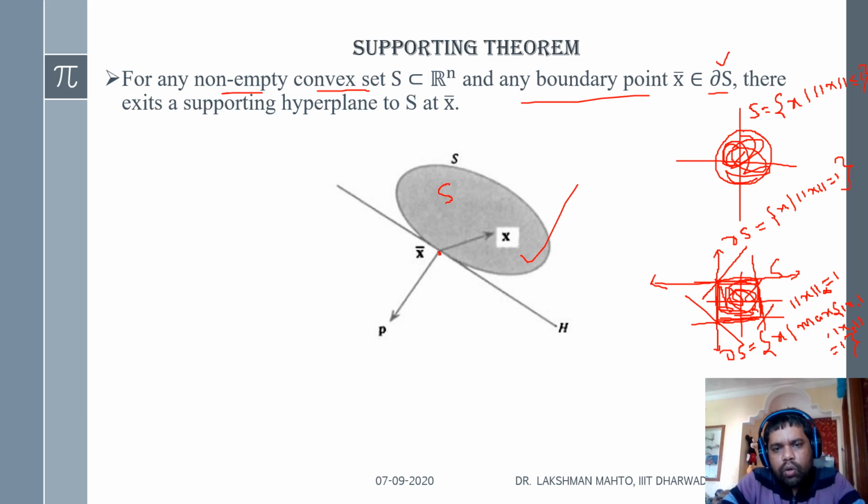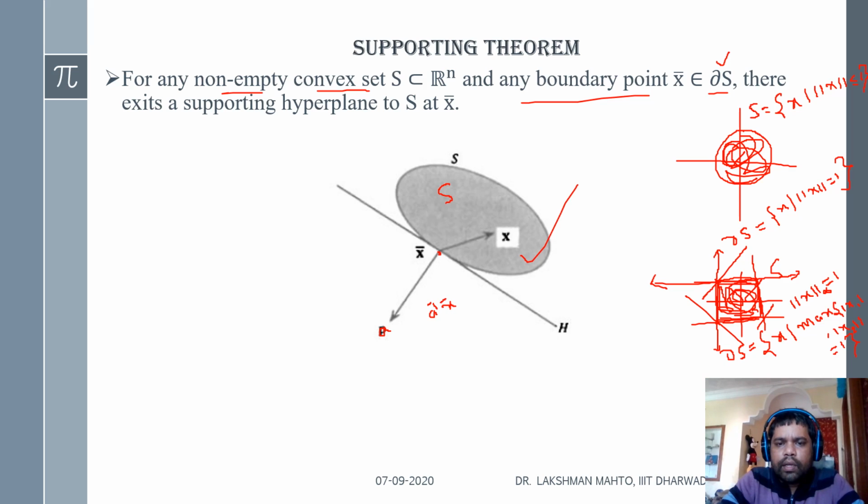So always what you do, just for practice purposes, you have your supporting hyperplane passing through x bar. You also have the normal. What is the normal? The normal you can also get by just finding the gradient of this boundary, and with the help of the gradient you can easily get the normal to the supporting hyperplane. So there is always a separation happening here. Separation is talking about the p, either a or p, both are the same here.